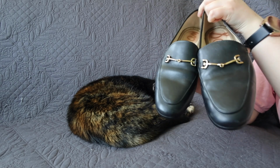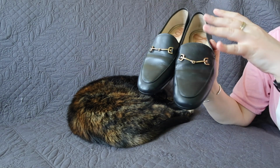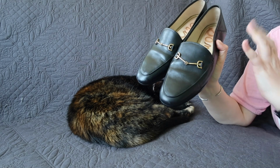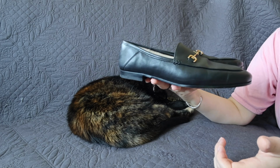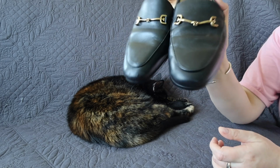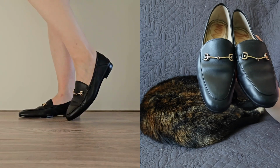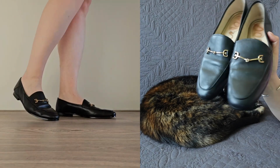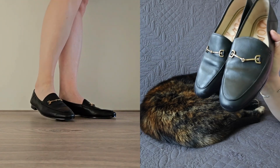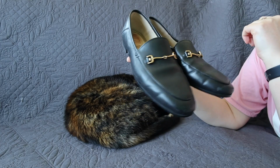I've been hearing so much about this brand for such a long time. I think these particular loafers, you can pretty much find them on any list of sort of must-have, comfortable loafers. They are very classic with the horse bit. I've heard some good things about the brand itself. It's also something that, for example, Endia from Bags and Lifestyle has touched upon, as well as Deandra from Didi Bookie. I think they don't have this particular type of shoes, but I was still really looking for a